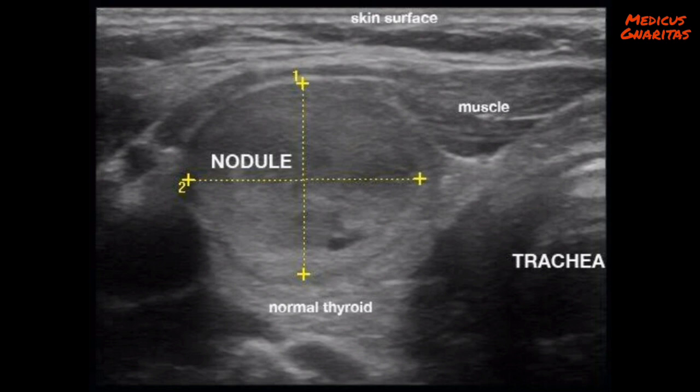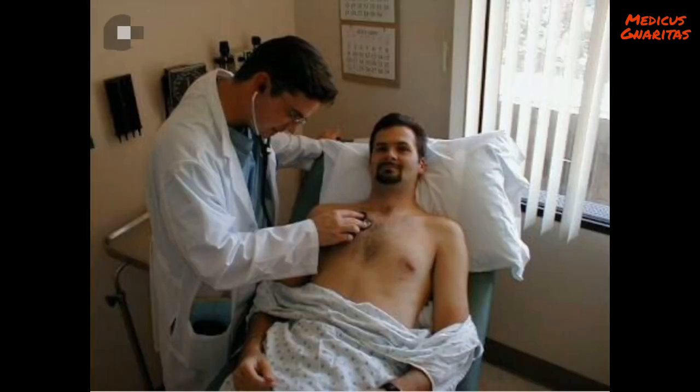Examination of the thyroid for nodularity. Thyroid nodules are common. Half of the thyroid glands examined by ultrasound or direct visualization have nodules. By physical examination, we can detect approximately 10% of nodules. They are more common with age and are more likely found in women than in men. Less than 5% of all nodules are cancerous.